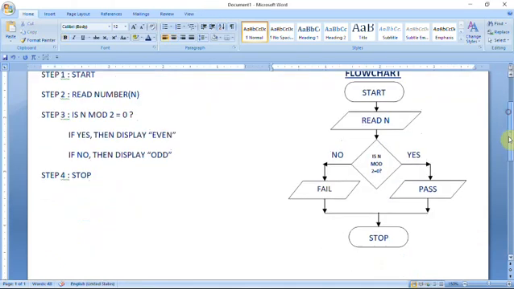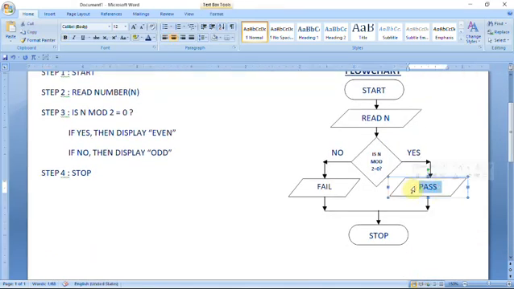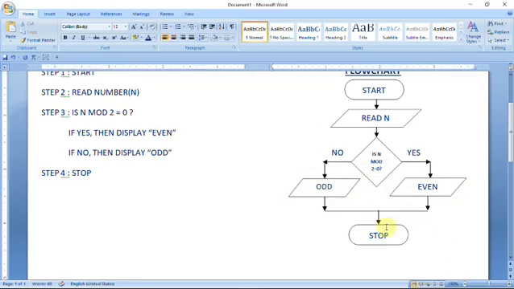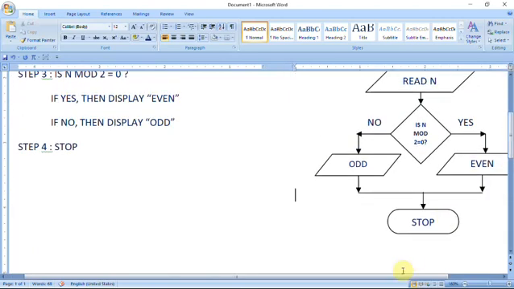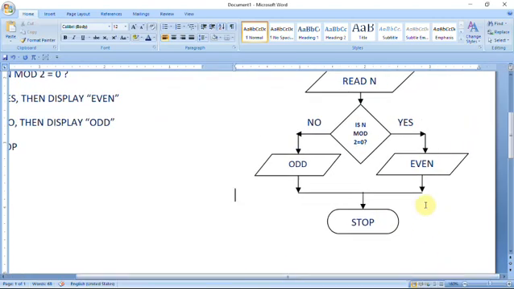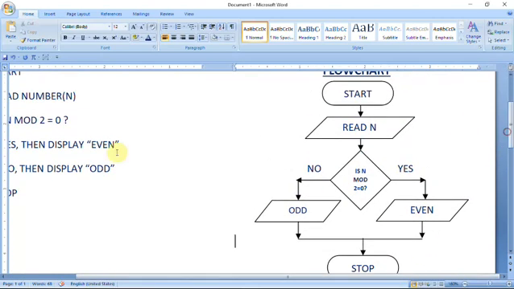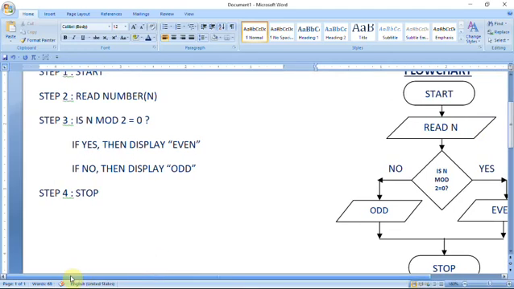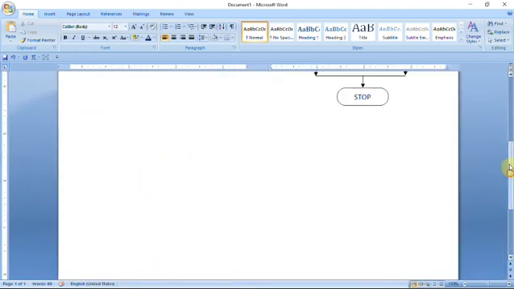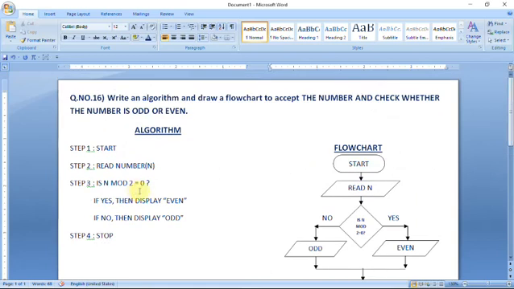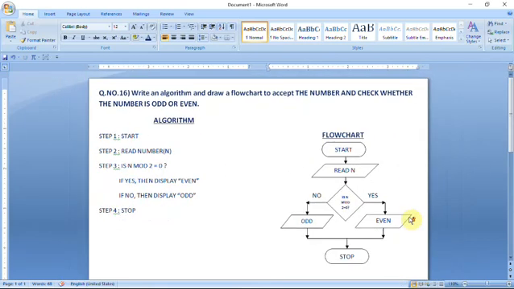If this condition is true, then display Even number, otherwise display Odd number. And at the end, what to do? Stop. So this is the concept of this problem. This is the concept of odd even, and this is the algorithm. You can see the algorithm on the left side and the flow chart on the right side.